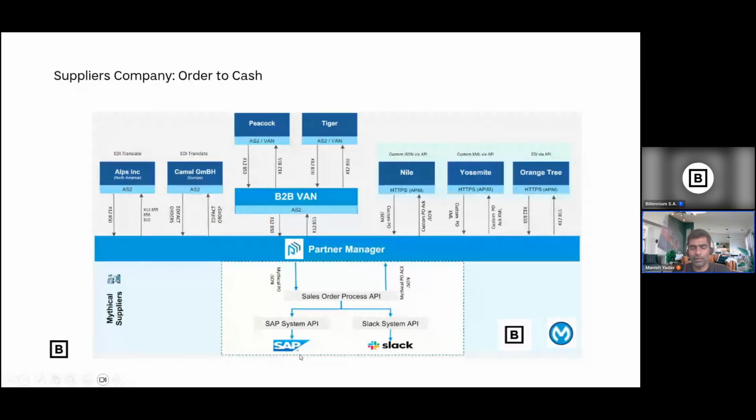And once SAP confirms the order, you just send the acknowledgment. To whom do I need to send it? The partner manager will decide, depending on the key, depending on the reference ID, depending on the orchestration logic, automatically. There is an option in the partner manager for whom I need to send to. That is how the order-to-cash overall flow works, a real-life example. Is this example clear? Can someone confirm this example is clear to everyone?